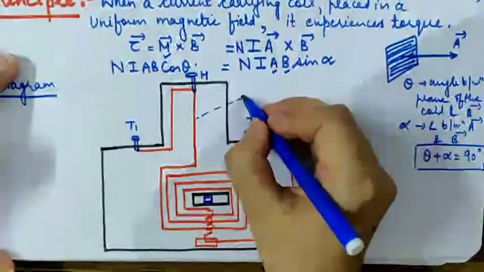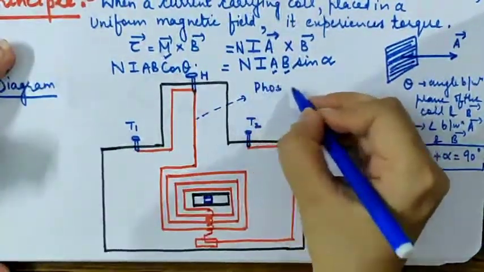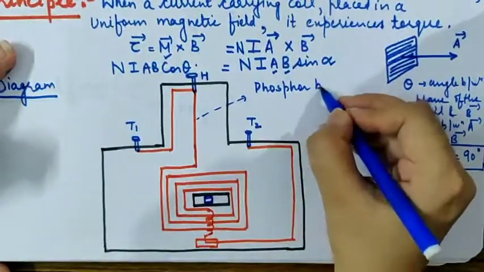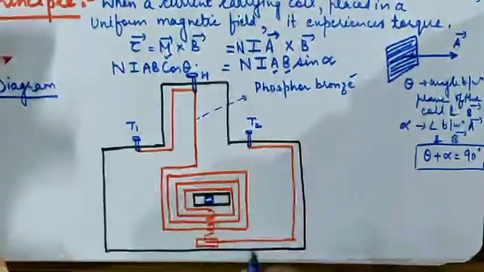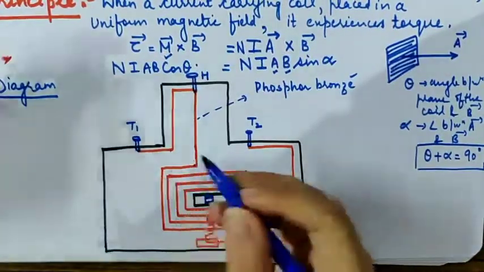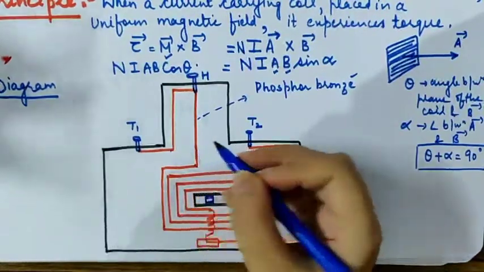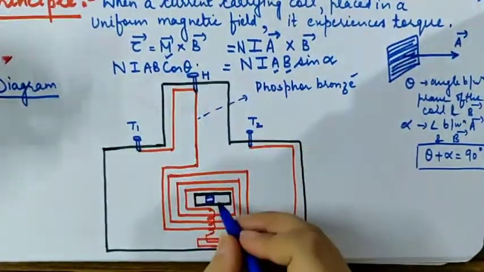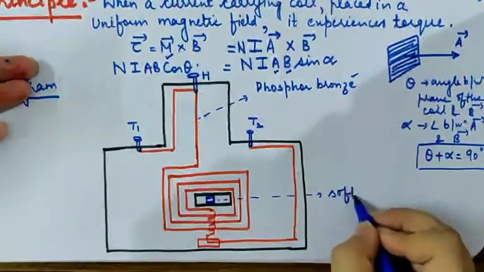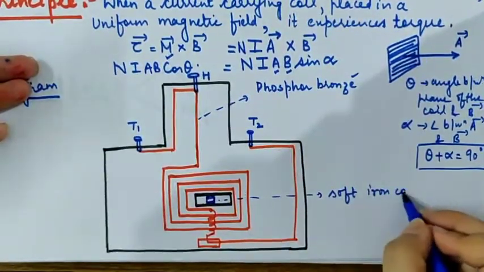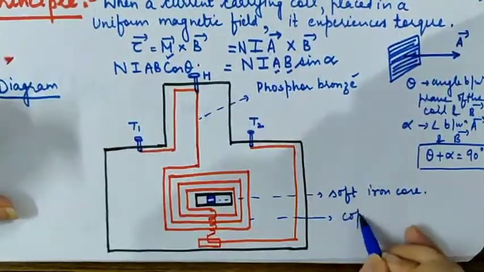So actually this wire is made up of a very elastic material which is called phosphor bronze. Phosphor bronze is a very elastic material, so it is used here so that the wire may not be broken because of extensive use or because of being applied by many forces. So this blue colored cylinder is the soft iron core. We'll discuss its use later. This wire is made up of copper.